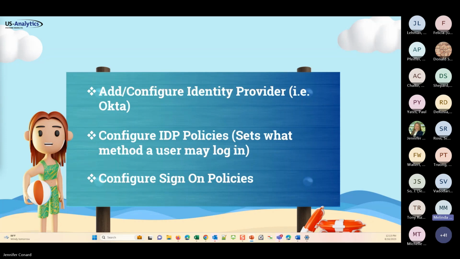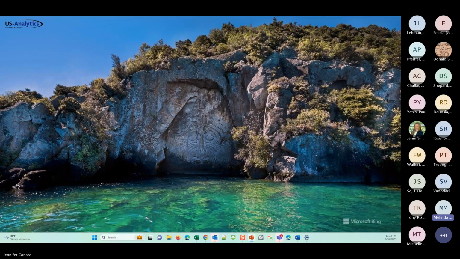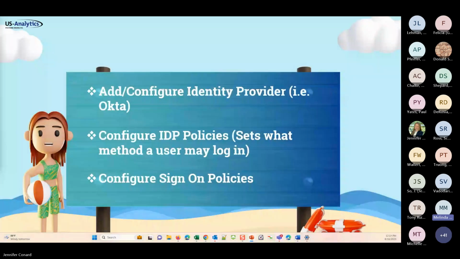One of the things to keep in mind is that every company has their own security protocols. There's not a one size fits all. One of the biggest pieces of feedback we've gotten from customers that have done this is that the EPM team and/or your EPM support provider, if you have one, should work very closely with the IT security team. With the new configurations available in Gen 2, the first thing that happens is you add or configure your identity provider. Every company is different. You might have Okta, you might be authenticating through Azure, maybe Active Directory, but that has to be set up first.